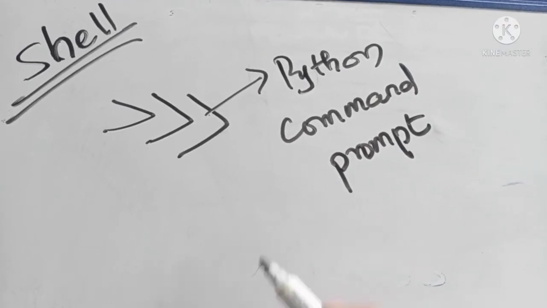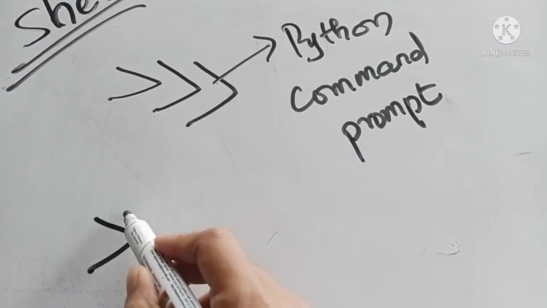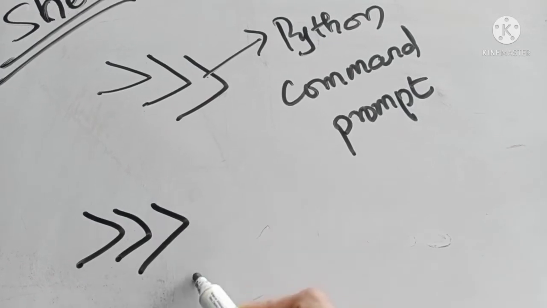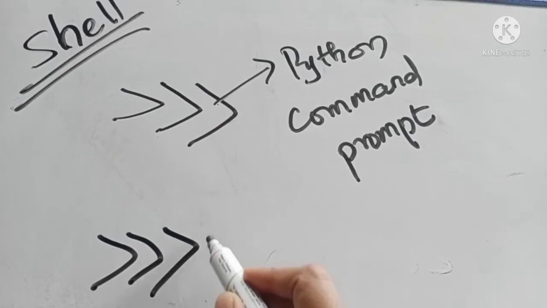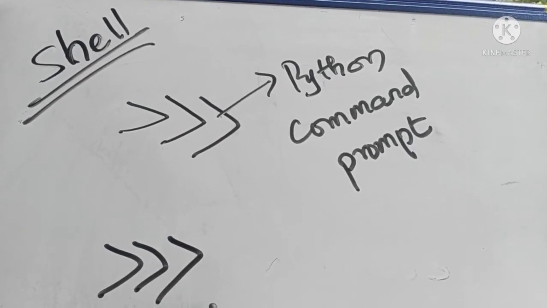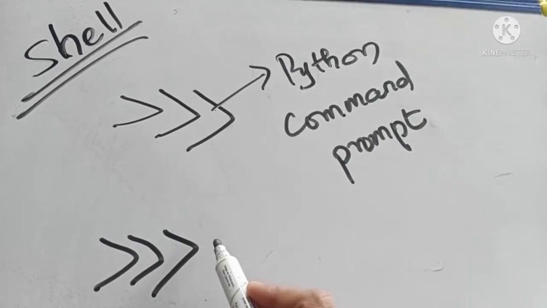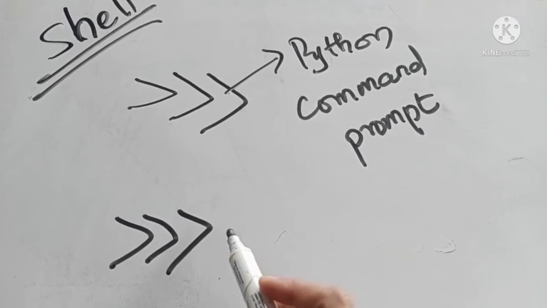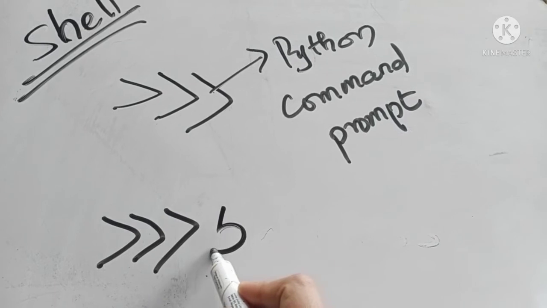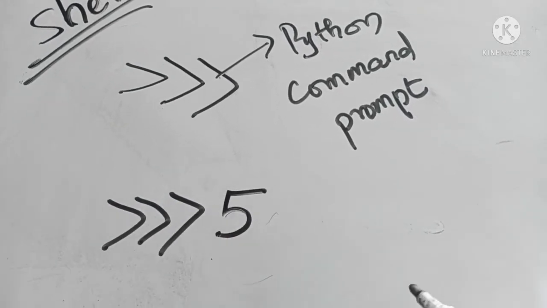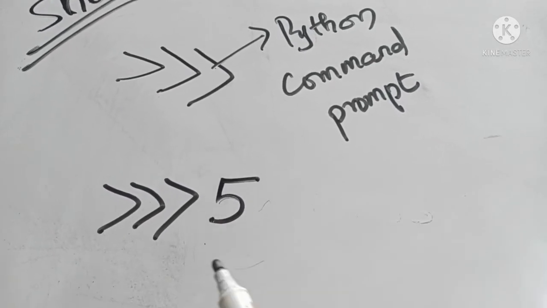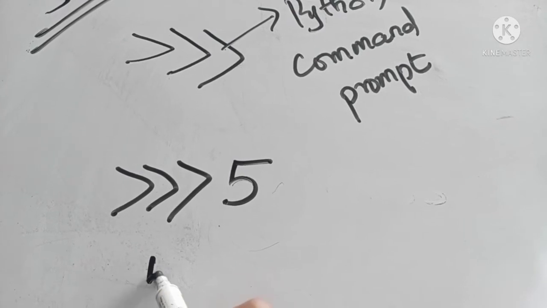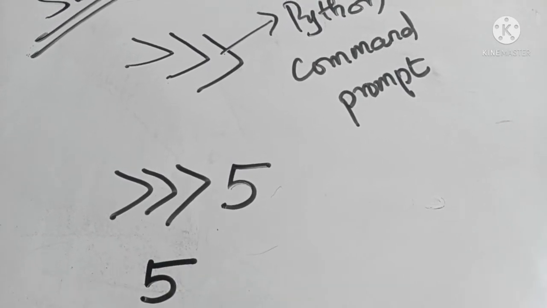So you know why this? Because after this line you can see your cursor will be here. You can see one blinking line. The blinking line is nothing but your cursor, right? So you can write something over there. If I write the value 5 and press the enter key, what will happen? The output will be printed and the output here is 5 itself.